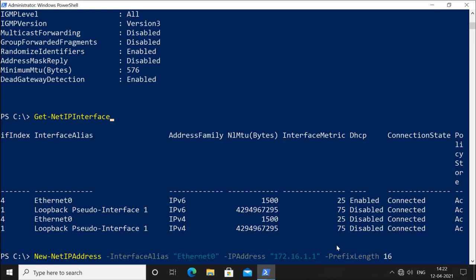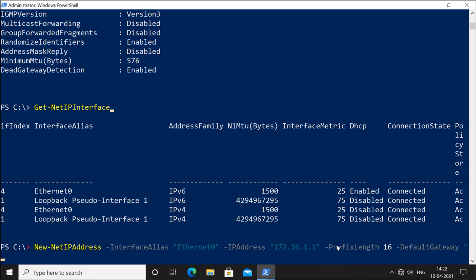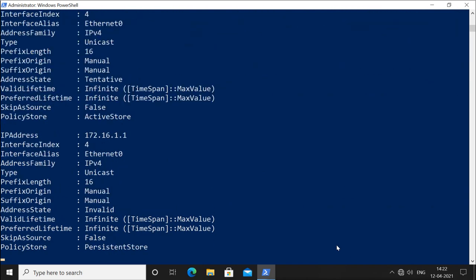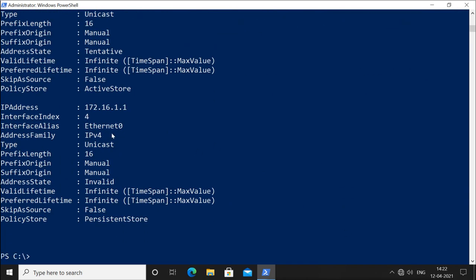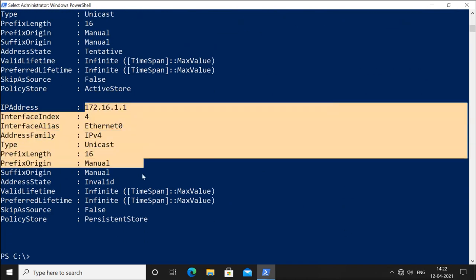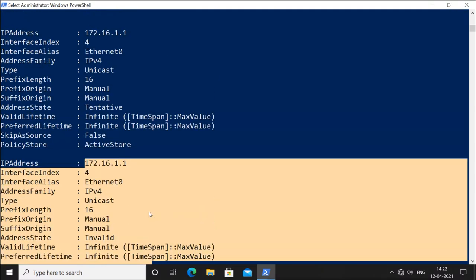Then if you have a default gateway, you will configure the default gateway. And it is configured. This is what I have configured from the PowerShell command.